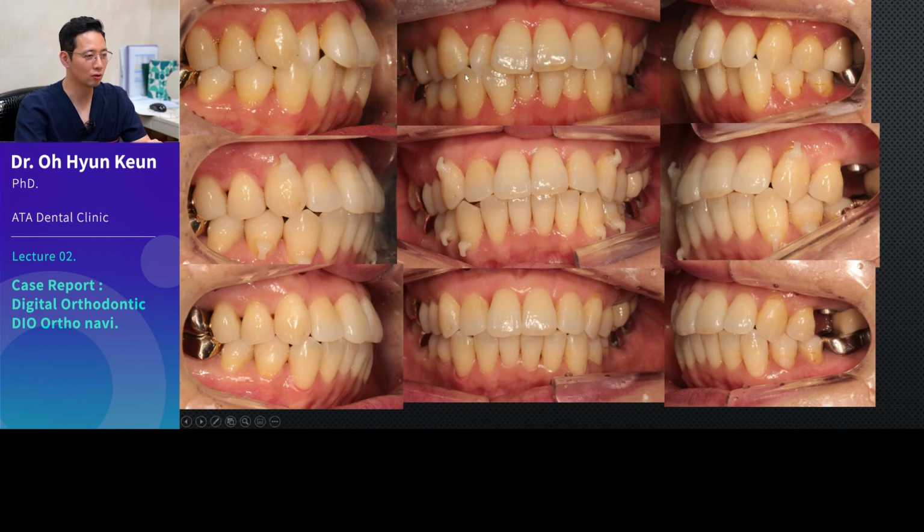This case was a little too much for a partial brace. There won't be many dentists who would choose to treat this with a partial brace. The reason I'm showing this to you is not because I recommend it, but to show the efforts that went in to treat this case in any way possible.